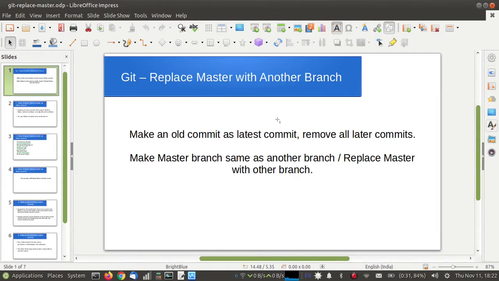Now you want that branch to be the master, because these 4-5 commits are not stable anymore, but somehow they have been pushed on master. So it is better if master is 4 to 5 commits behind the current commit. At least that version will be stable. So how can you make this old branch the same as master? We are going to remove all the 4-5 commits which were committed after this branch was created. So all these 4-5 commits of the master will be removed and the master will be the same as the other branch.